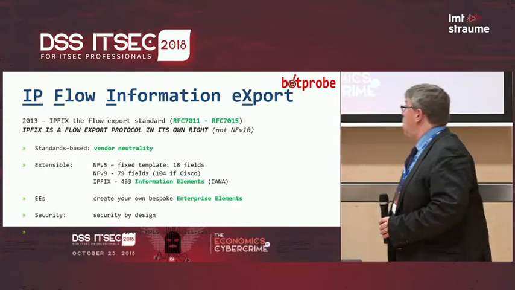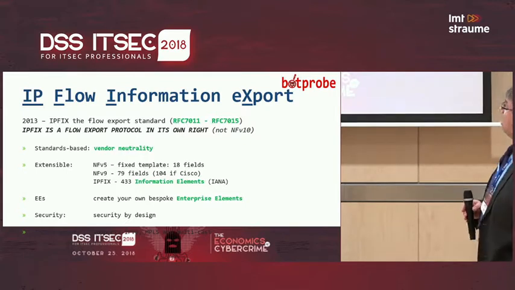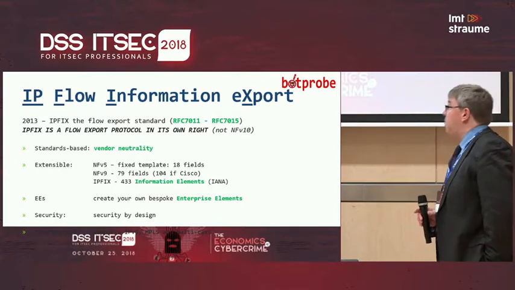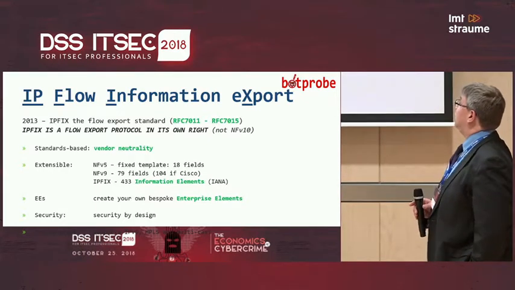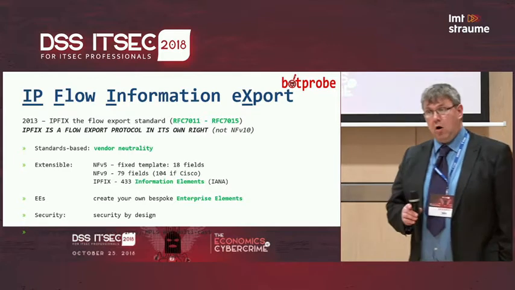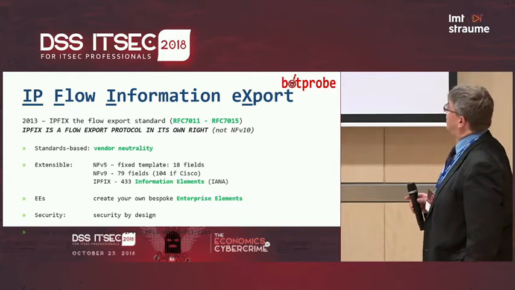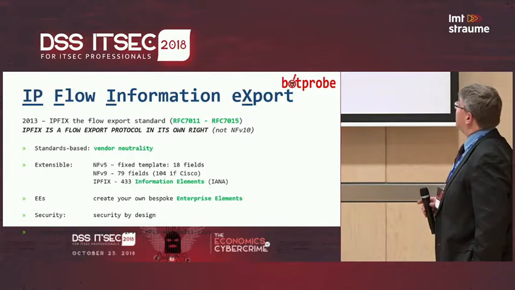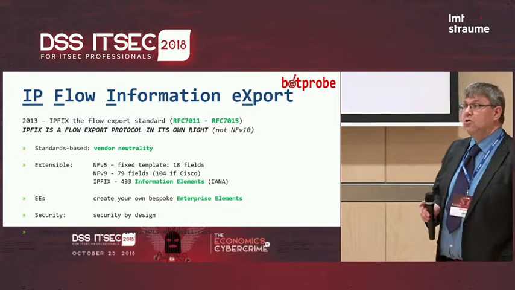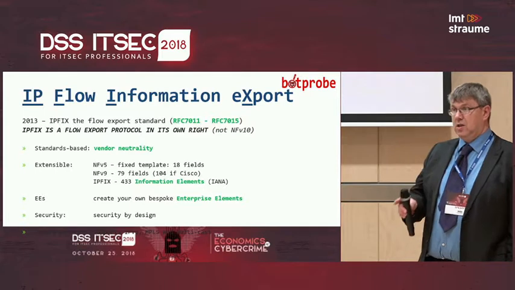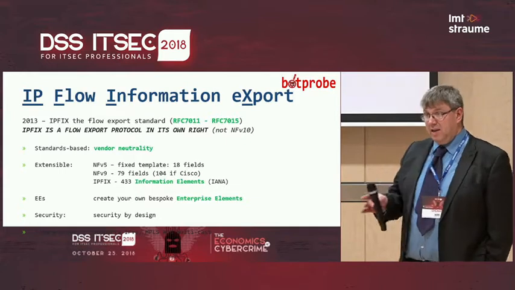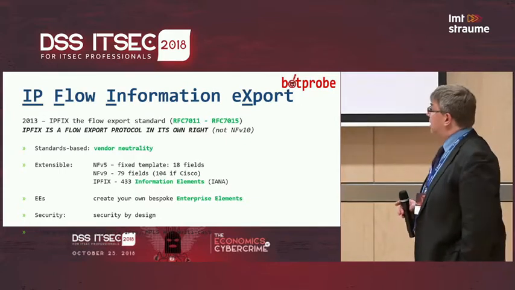So what was built on top of this was a new open standard, agreed in 2013, called IPFIX, IP Flow Information Exchange. This is an IETF, Internet Engineering Task Force, open standard with its own RFCs, 7011 to 7017. This is a flow export protocol in its own right. It does not depend on NetFlow, it does not depend on vendors like Cisco. It's an open standard, so anyone can implement it. So you maintain vendor neutrality. No one dominates this sort of technology.